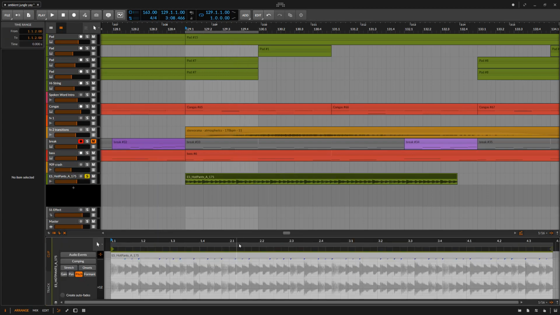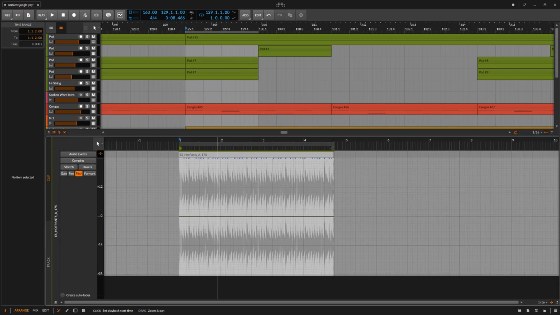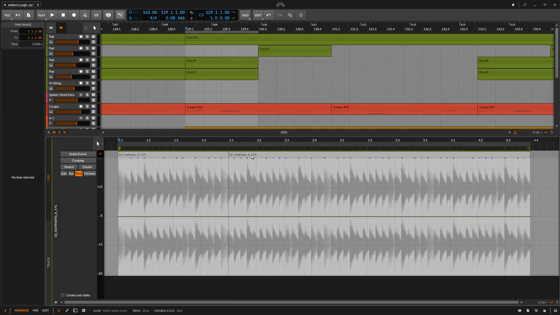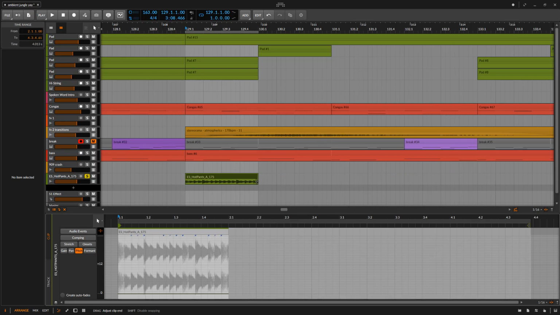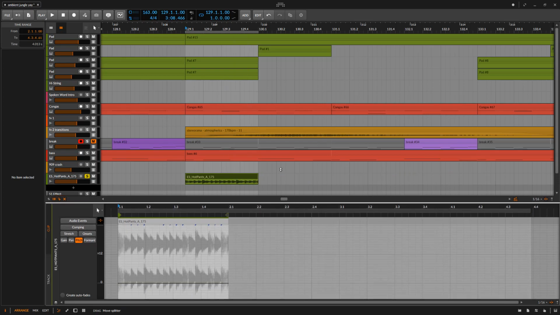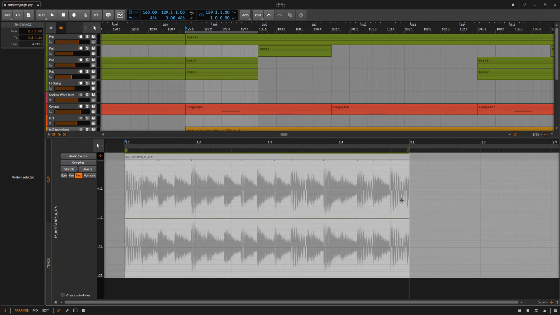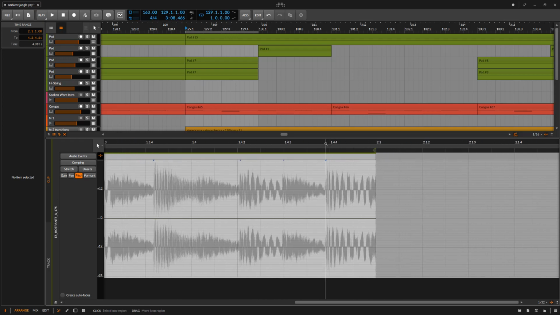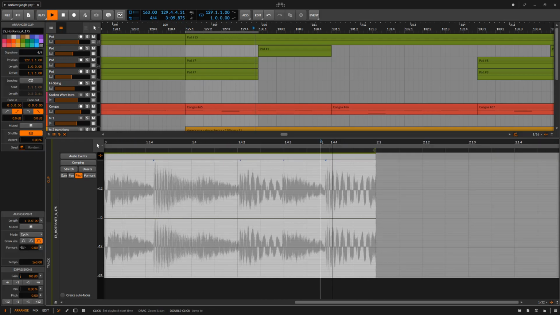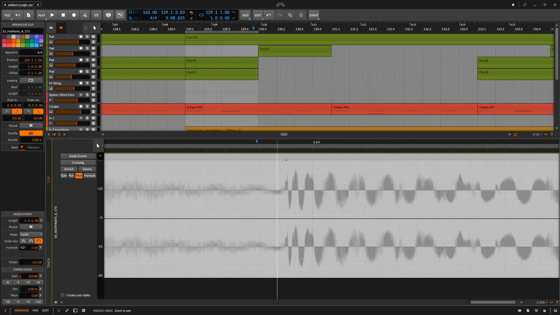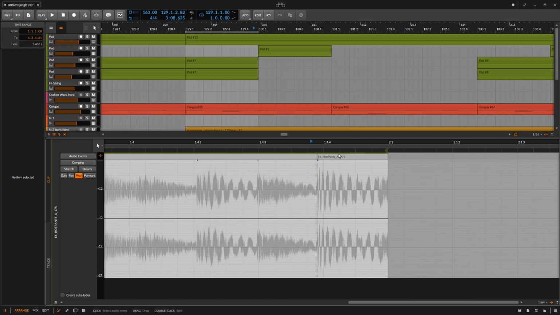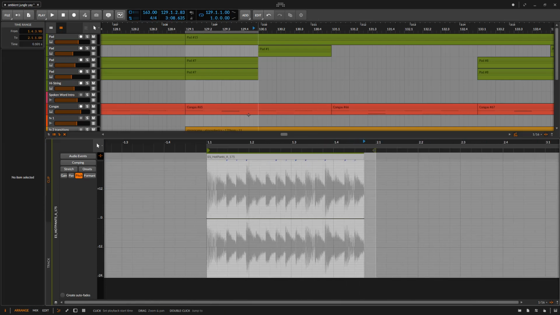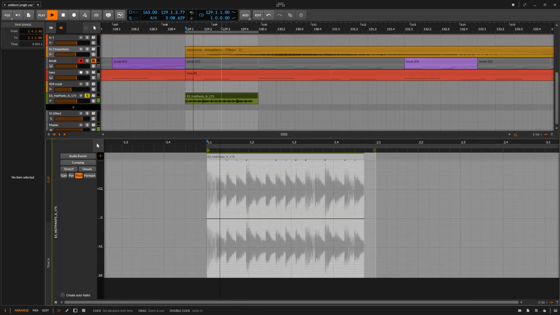So I'm going to select that, and I'm going to double click my break here and come into the audio editor, and I'm just going to do a cut there right at the end of 1 bar and delete anything after it. I'm going to come back here and bring that in, and now we want to get rid of this kick at the end here, and I'm going to do just a very sloppy cut here and just get rid of the thing. Delete. Okay, so if we play this now,